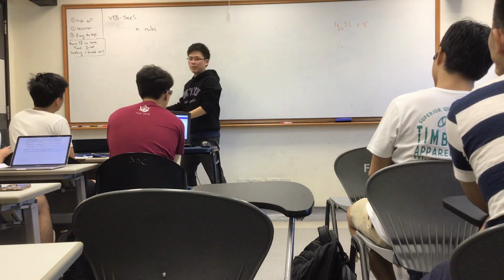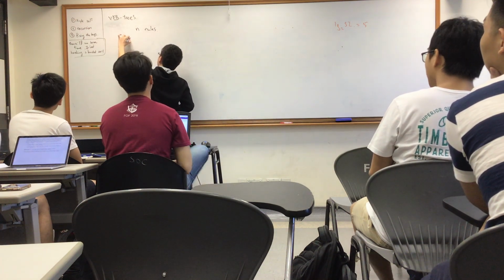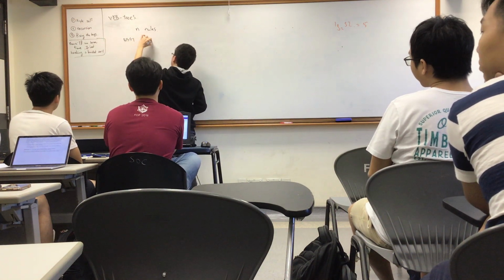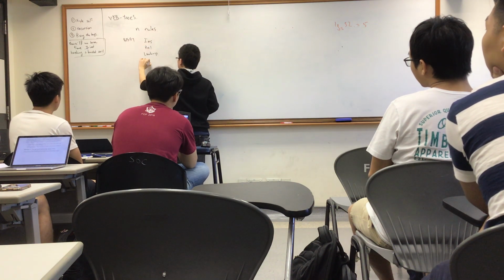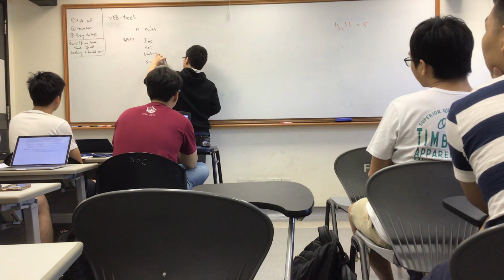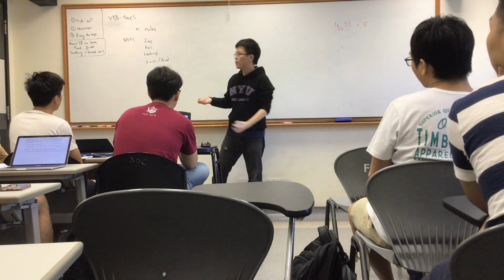Let's say AVL trees or any balanced binary search tree, right? So if I use the BBST, I do get insert, I do get delete, I do get lookup, and I do get successor or predecessor. Right? What's the time complexity if I have n items? Log n, right? Great.